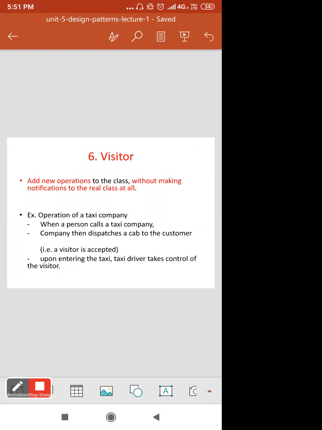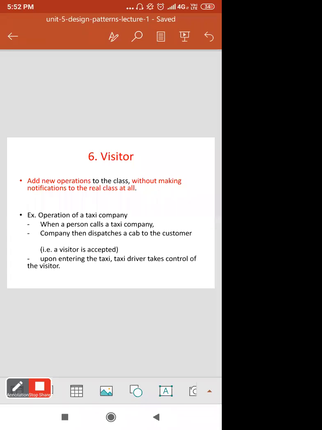An example is given here: the operation of a taxi company. When a person calls a taxi company, the company dispatches a cab to the customer, like the services of Ola or Uber, in which the visitor doesn't know who the driver is.